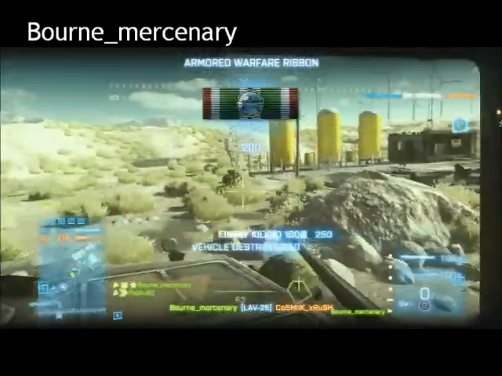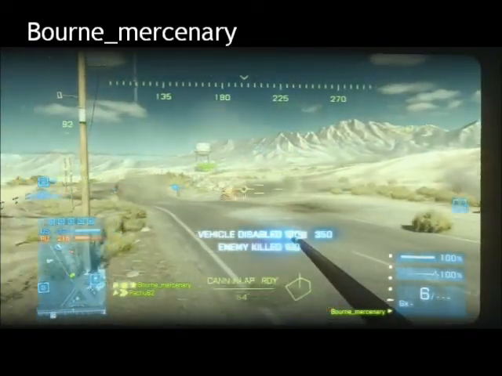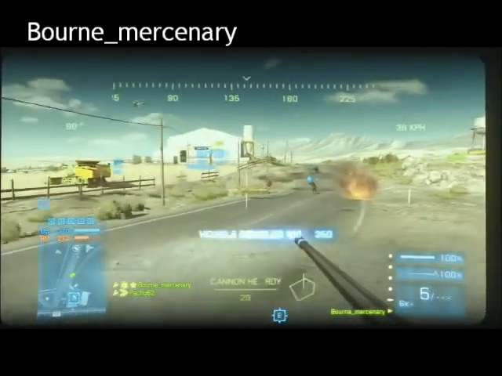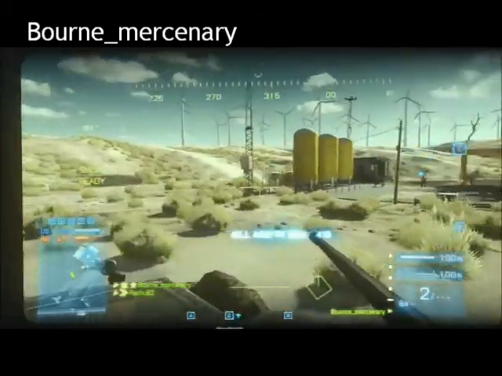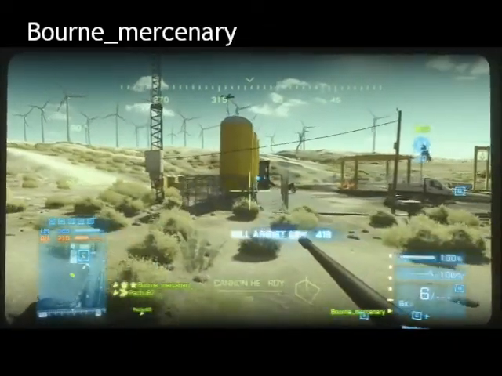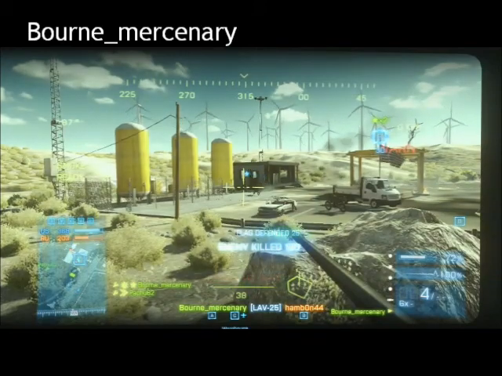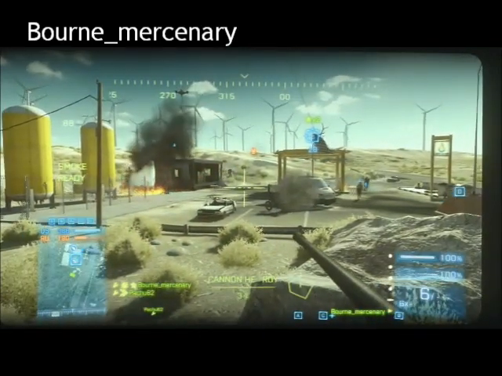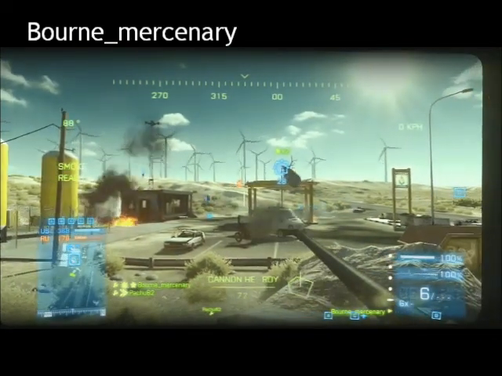That's what I usually do, is pop smoke and then hop out, repair, hop back in. Thermal optics will highlight your enemies and vehicles, making them easier to see on the battlefield. Zoom optics will obviously zoom in your weapon, and on the gunner or driver, it does this with a 3x zoom. And in the third slot, we've got anti-tank guided missile launcher, which lets you fire a missile and guide